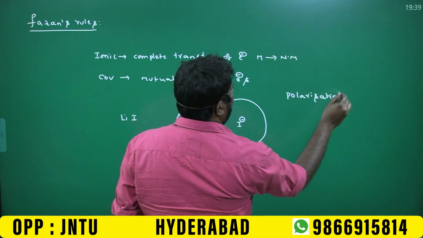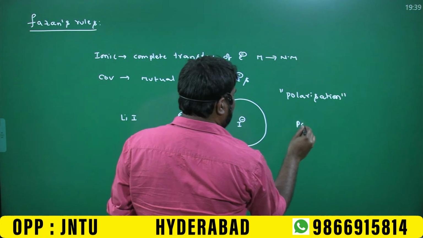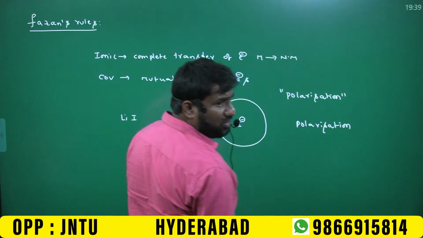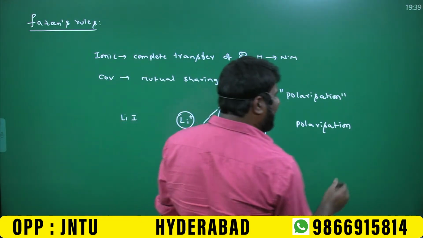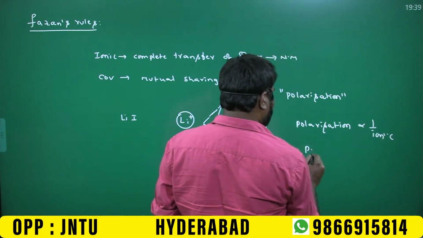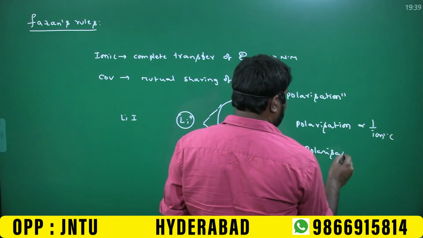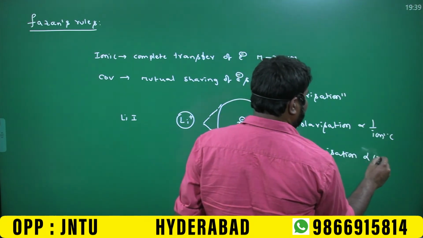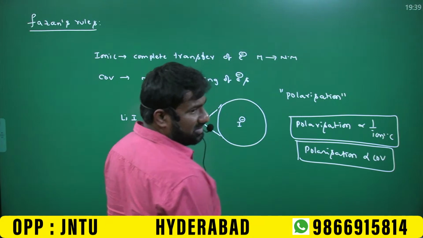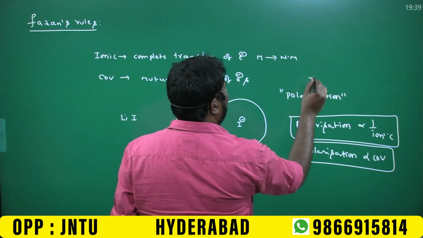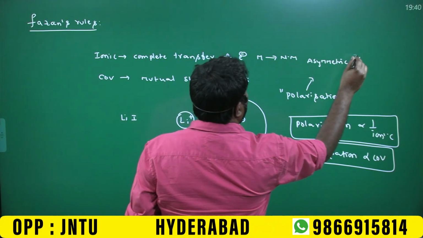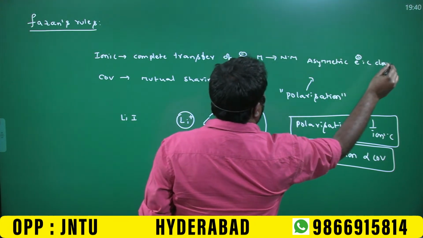Polarization. Okay. Due to the polarization అవడం వల్ల ఏమవుతుందమ్మా? Due to the polarization, what will be decreased? Ionic character decreases, covalent character increases. Polarization వల్ల covalent character increase అవుతుంది. ఓకేనా? Covalent character develops, ionic character decreases. Polarization అంటే ఏం చెప్పా? The asymmetric electronic cloud